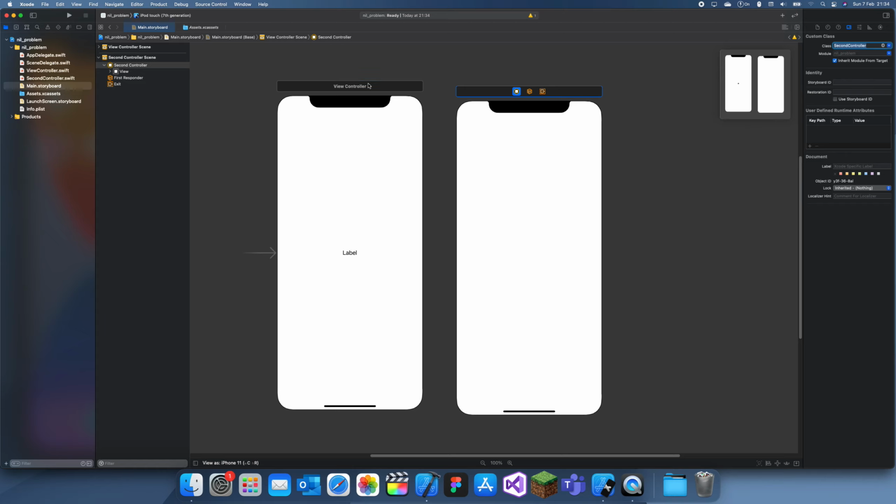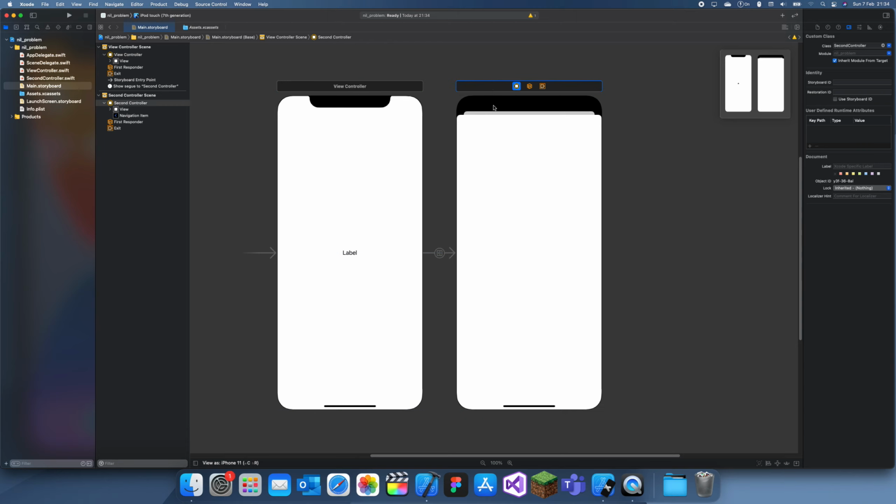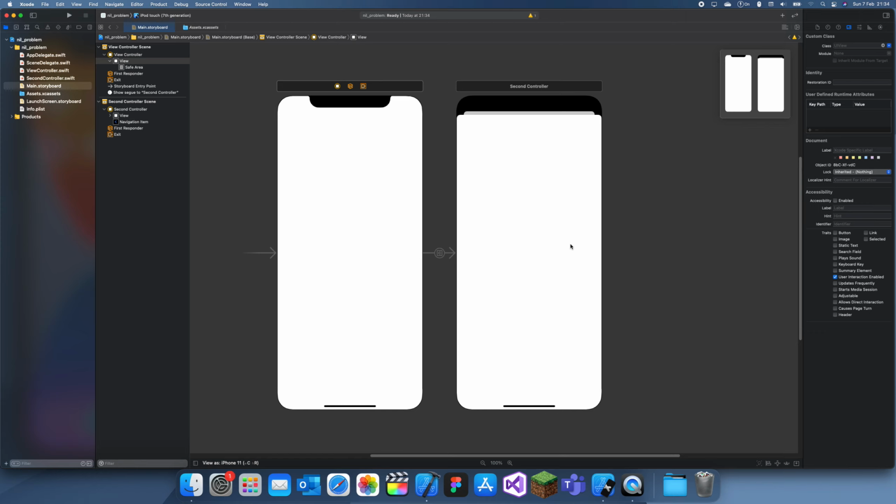Second controller, we'll add a segue to this. Actually, we don't really need a segue, but I guess we can have it anyway. And let me delete the label from here, since we're not actually going to be going to this second controller, we're just going to be having it in existence. I'm going to put the label here. And if we bring up an assistant here,